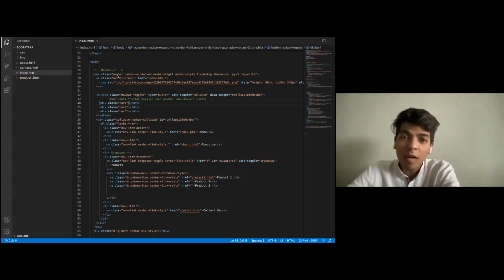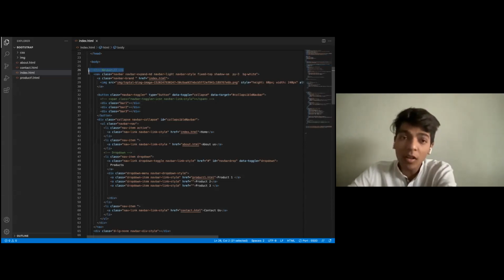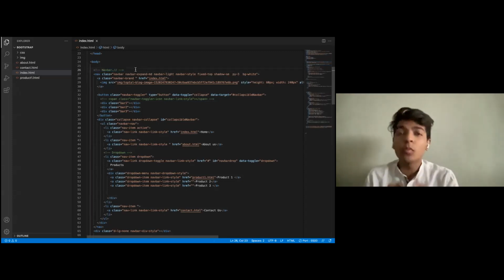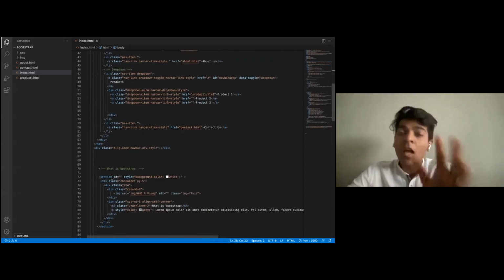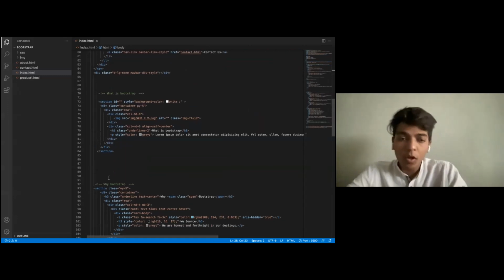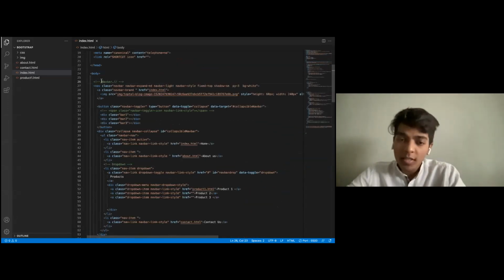The first class of the navbar would be navbar, which tells us that it's a navbar. And I would also tell you, this is something I do: every time you start a different thing, a different content, please do comment. It's a very good practice for a developer. If I put this code on the Google Classroom that we are following, you will know that from here till here, it's a navbar. From here till here is the part about what is Bootstrap. From here to here, it is why Bootstrap. So this is how to comment.